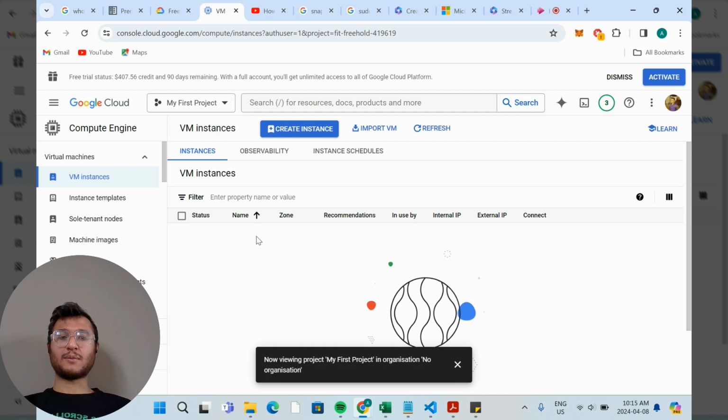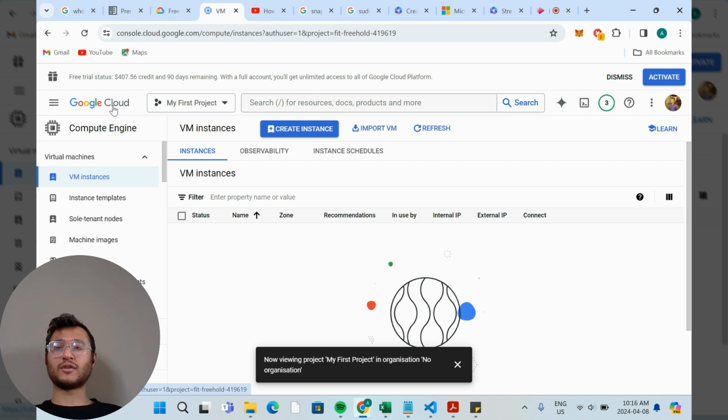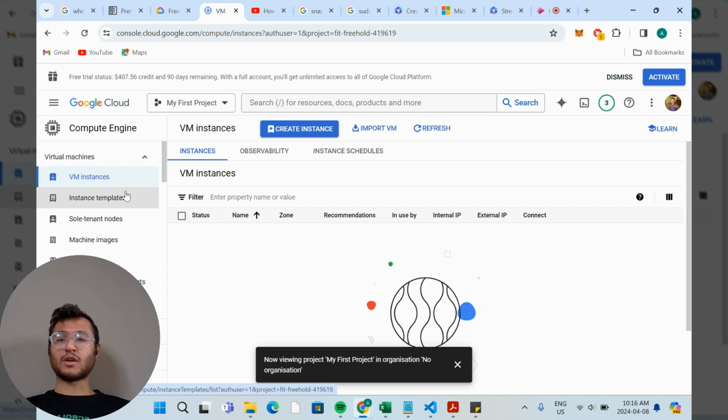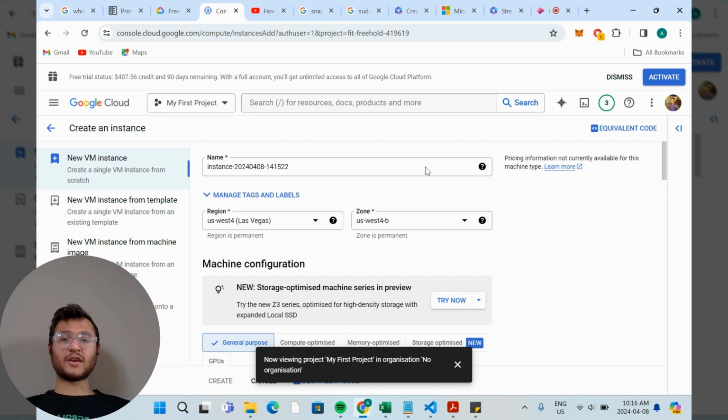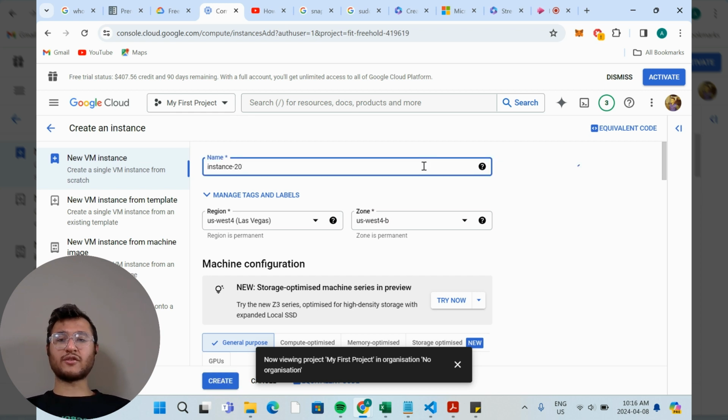So I'll start my demonstration for assignment one, part one. First of all, I have chosen GCP to proceed. First thing, I'll create a VM instance straight away. I've logged in to my GCP account. In the compute section, I've selected VM instances, and as a prerequisite, the first thing is to create a fresh